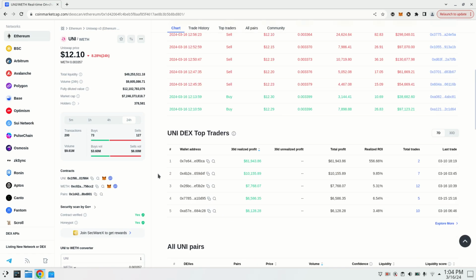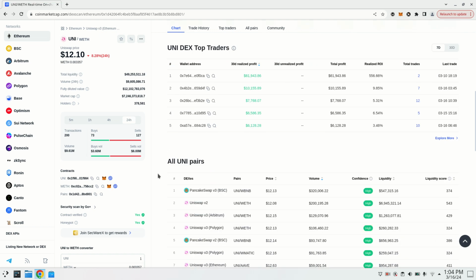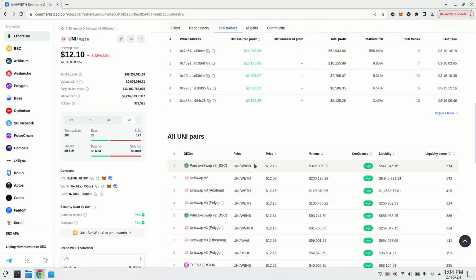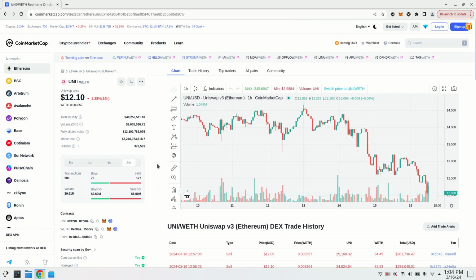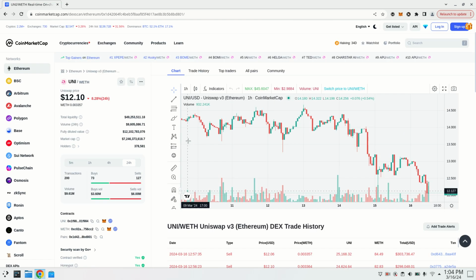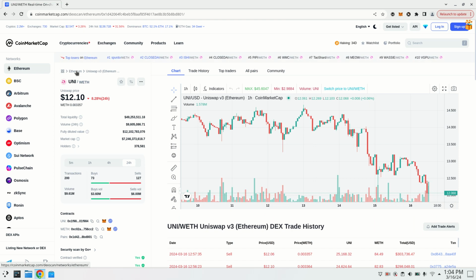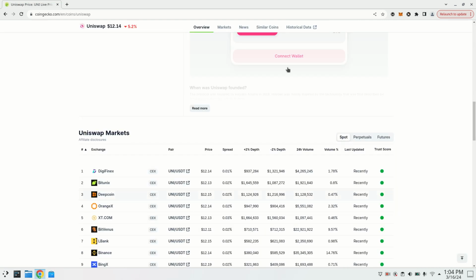we need to find out using DEX, right? On which DEX. So for example, we find out here Uniswap must be on Ethereum. We could see here Ethereum. Then we could go again to CoinGecko, right?